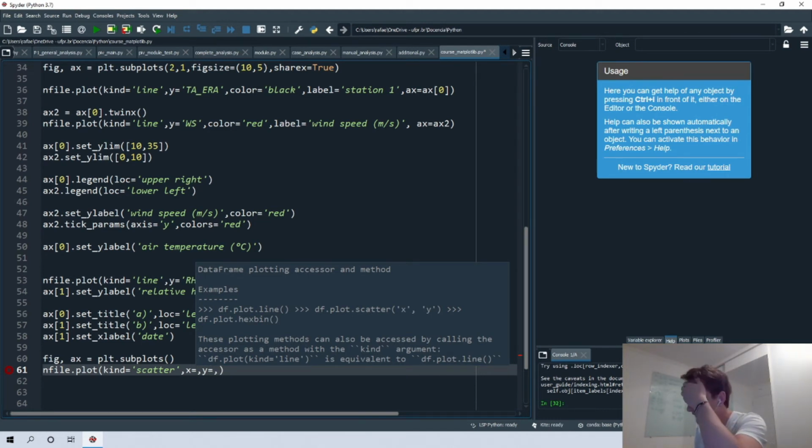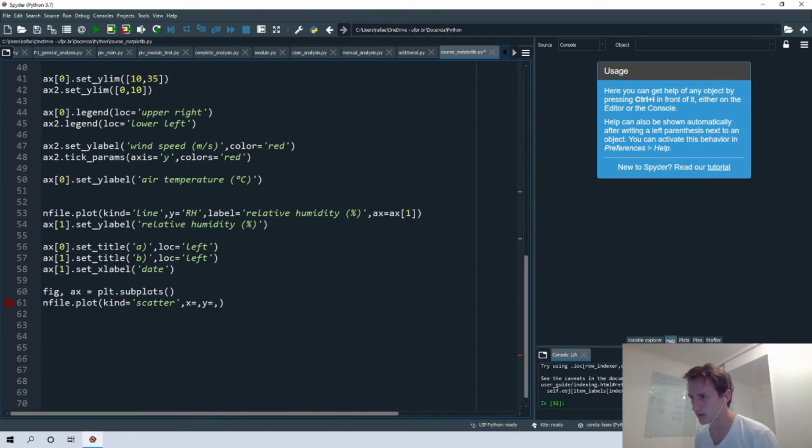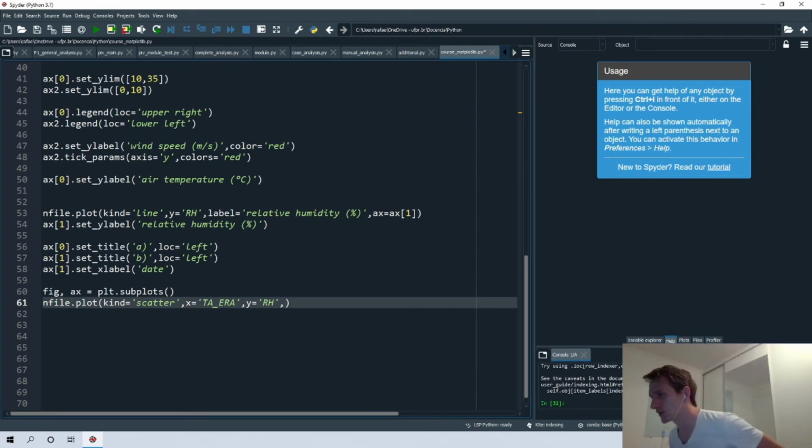So for example, we can compare the air temperature, this value here, in the x-axis, and then in the y-axis we can include relative humidity, that should have a correlation between them, or we should see that.